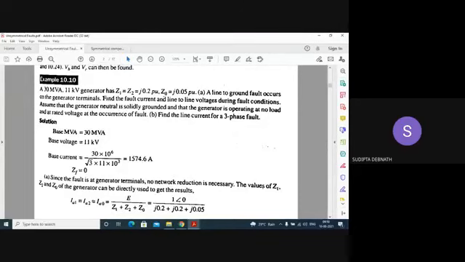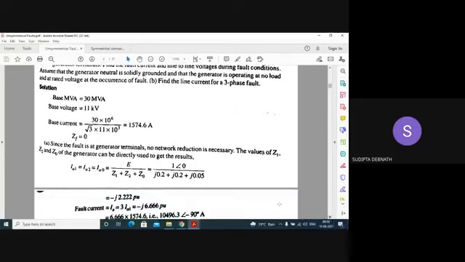Okay, in per unit basis, this will be 1 angle 0. Always consider this one as 1 angle 0. Okay, so in per unit basis, this is the fault current. As all are reactances, J will come as minus J in the numerator. So what is the fault current? This is the fault current in per unit. You multiply it by the base current, you will get the fault current in ampere. Okay, this is the fault current in ampere.